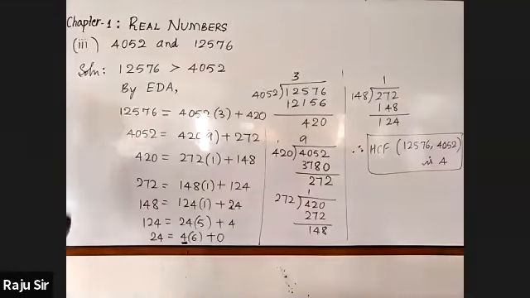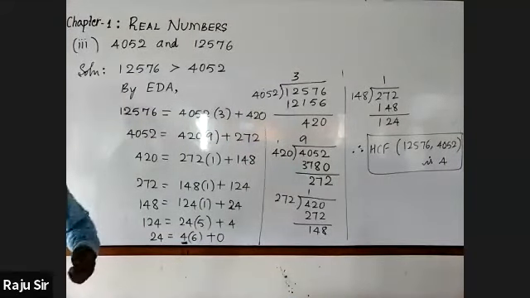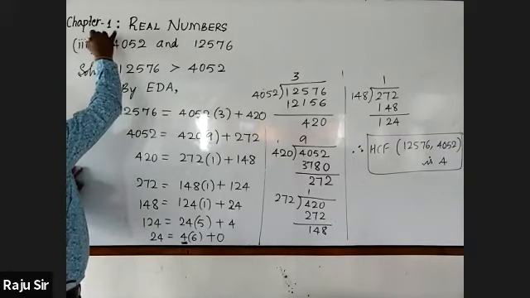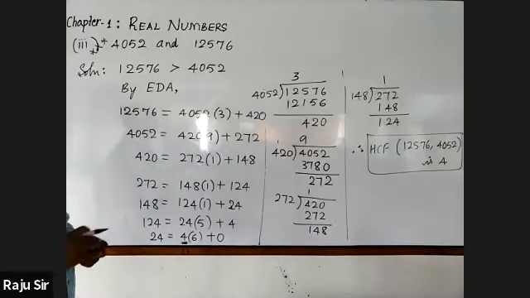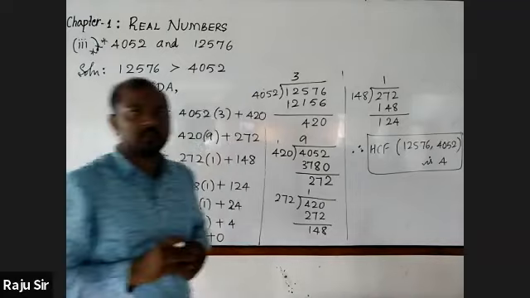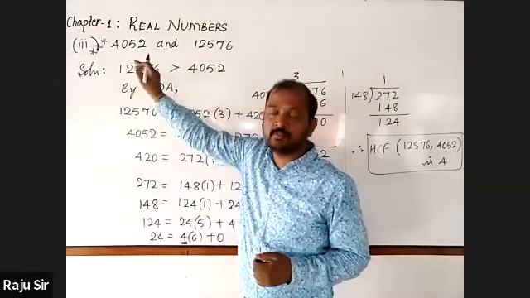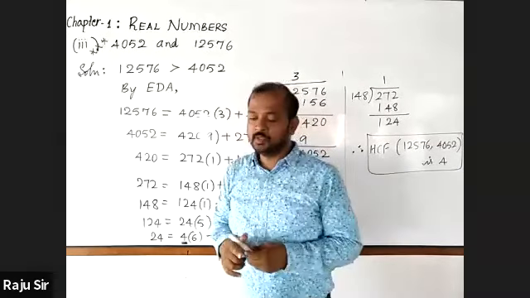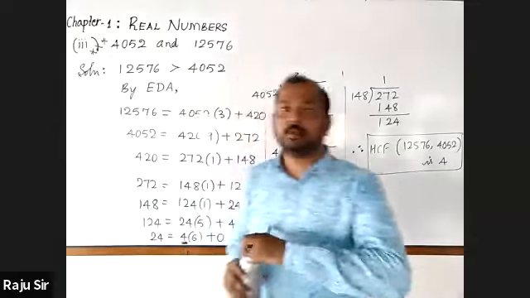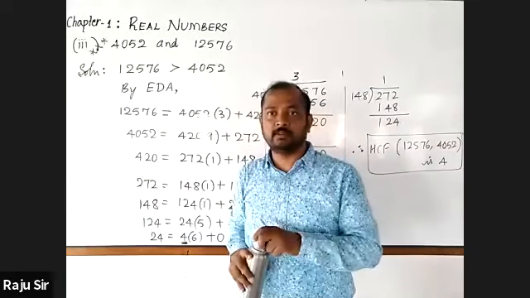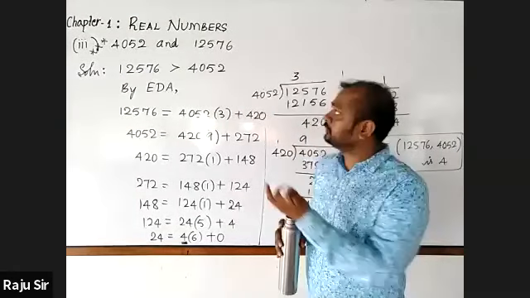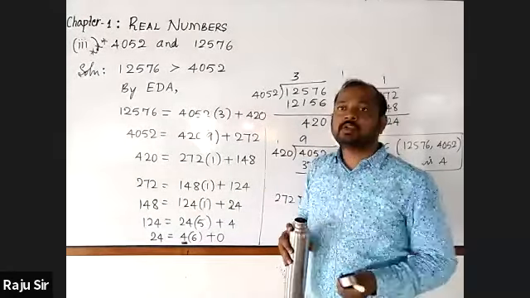This problem and the previous problem, both are very important. Please put a 3-star mark for both: the second one and the third one. The previous one, I think, is 225 and 135. Put a 3-star mark for this also. Both are very important. They must be practiced. Even in the examination, they may give you a problem like this just by changing the numbers. Now we are moving to the next type of problem on Euclid's division algorithm.